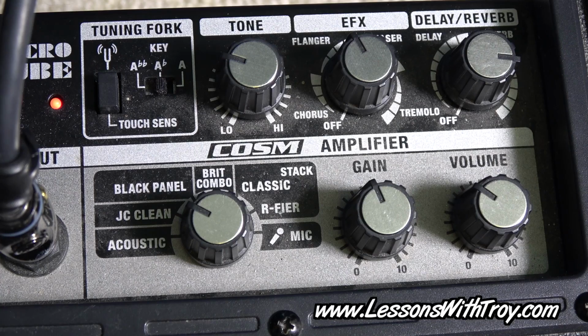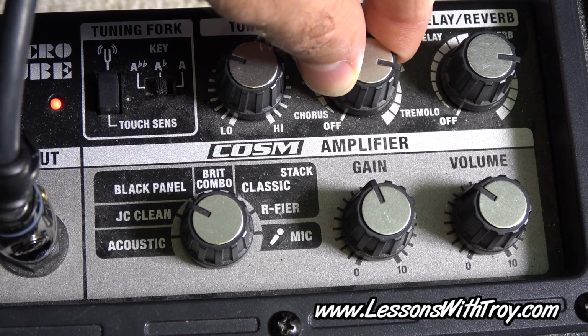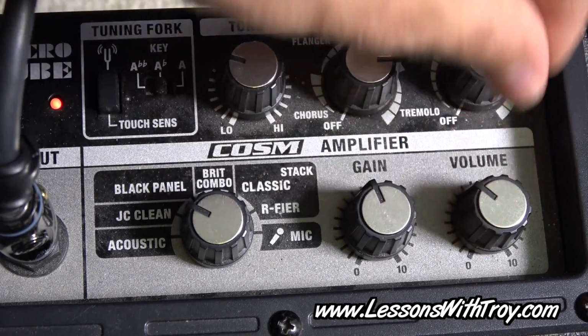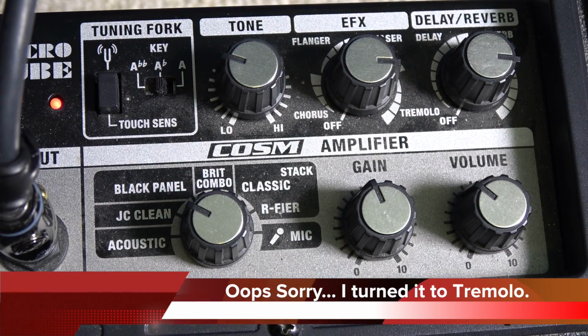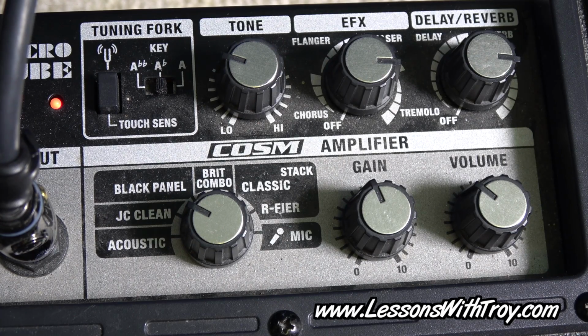Weird effect. And then let's try phaser now. Okay, so let me put it back to where we started with, and I'll try just a regular guitar